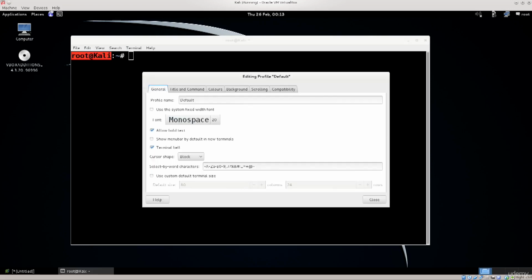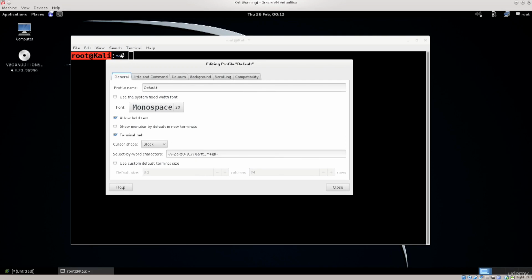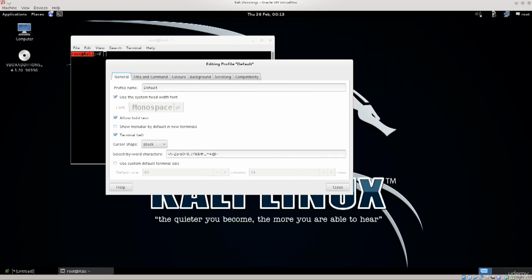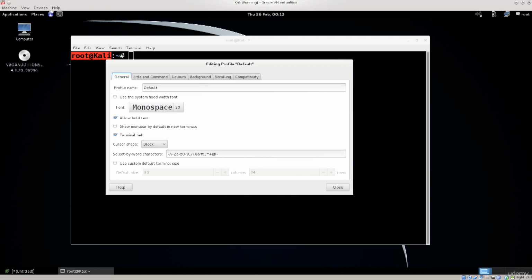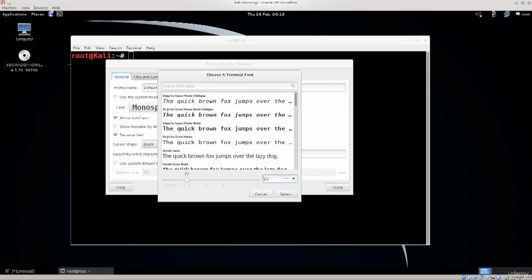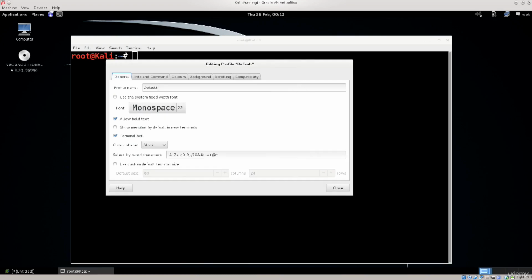Go ahead and click on profile preferences, and here you have a great deal of options. One of the first ones that you will see is that you can use the system fixed width font. So this is not good. You see, this is very small. I always need to change that. If that's fine for you, you can keep it like that, but I always change it. And I have monospace 20. If you click on it, you can change the font size here. If you wish, you can change the font that you're using,